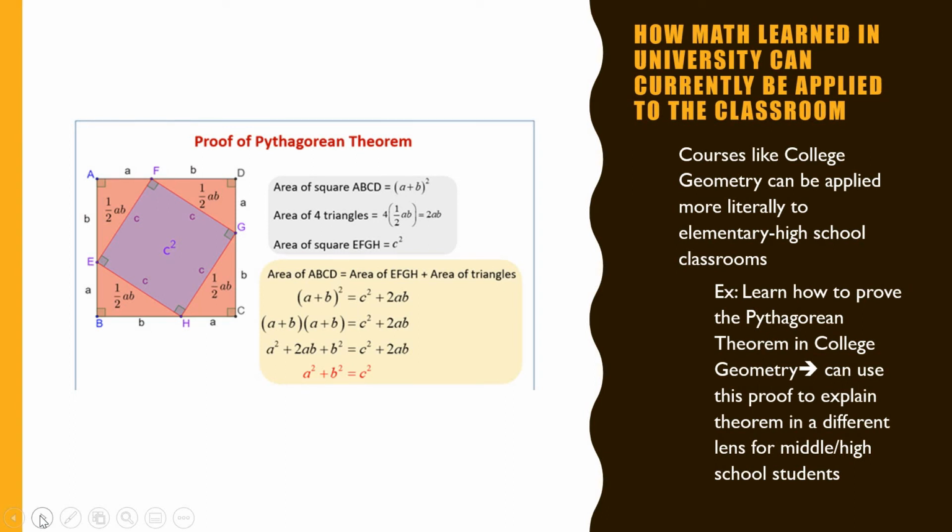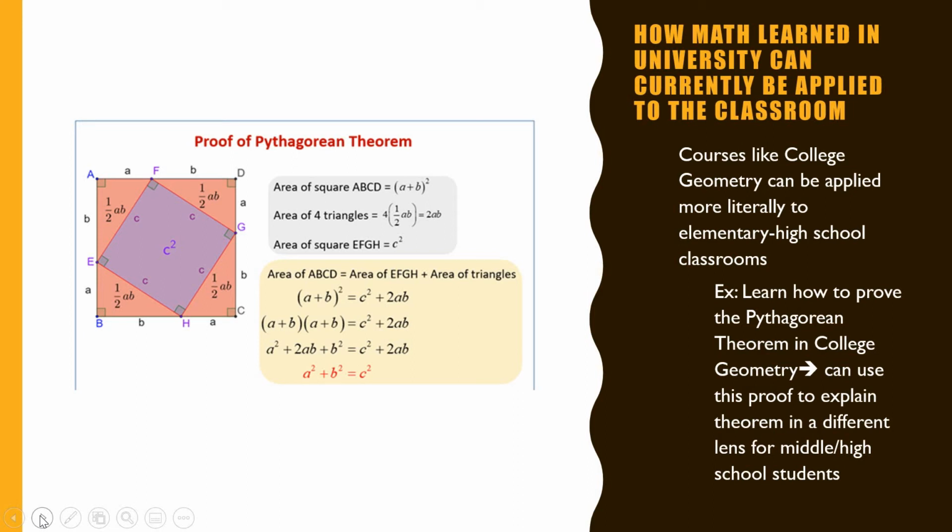So digging deeper into my own educational requirements and experiences, specifically as a math secondary ed major at Rowan University, each course I have taken is meant to be applied to my future classroom. Some courses can be more literal and direct in their relation to teaching elementary through high school math. For instance, in college geometry, skills like proving and applying postulates are strengthened, which is often a more involved version of high school level geometry.